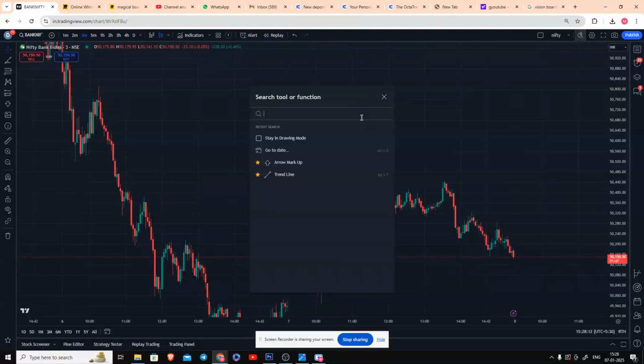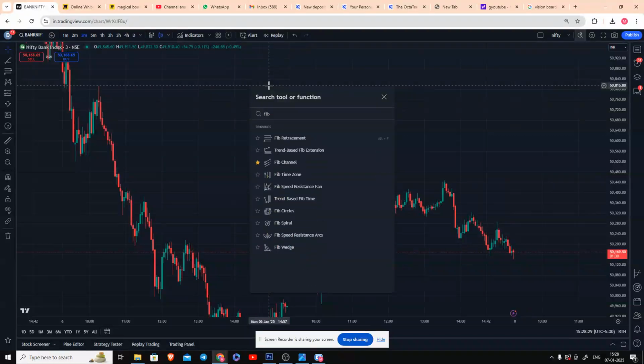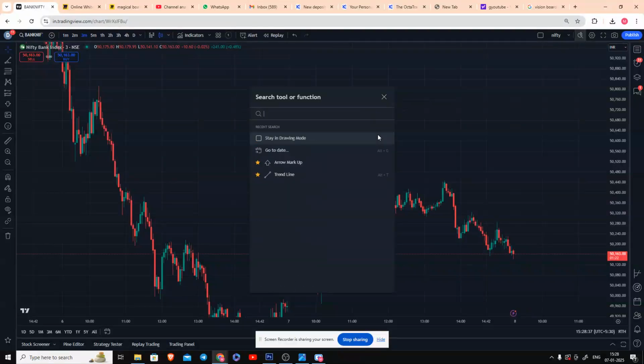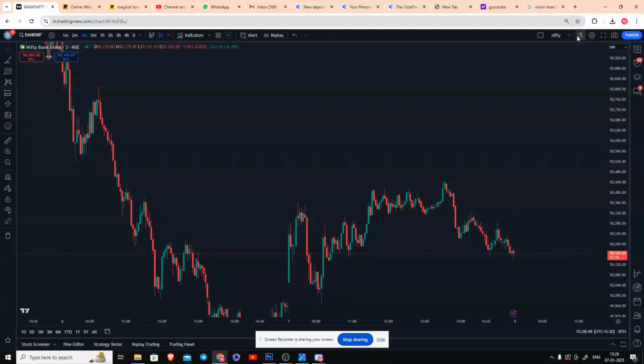And this option is especially for beginners. So when you want something quickly and when you don't have any idea where a tool exists in these many categories, for suppose if you want to go to the Fibonacci category, you don't know which category it is, you have no time for that, so you can just write Fibonacci. So if you write it, all the tools related to Fibonacci appear here. So similarly, if you want to create an alert, you can write down alert here. So you see here you have all the options: create alert, reset, restart, delete all the alerts, open alerts, everything. Okay. So this option is like a search option for every tool.